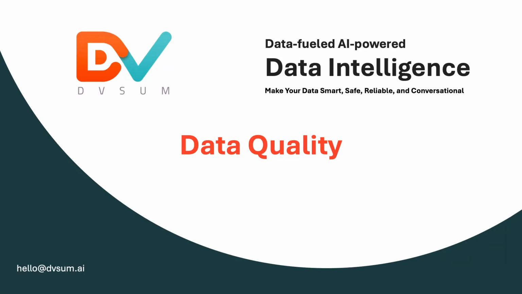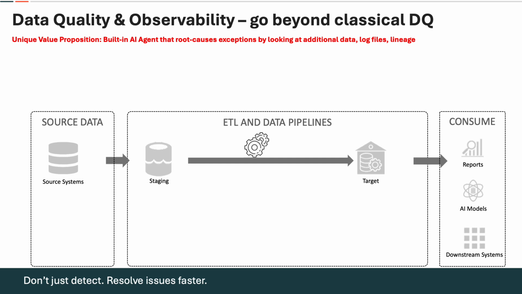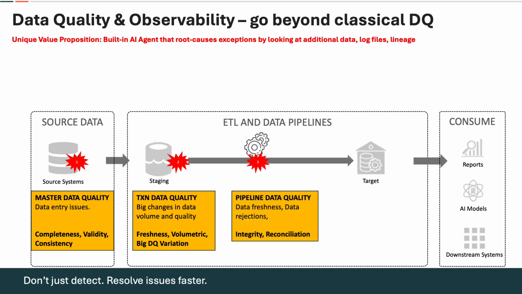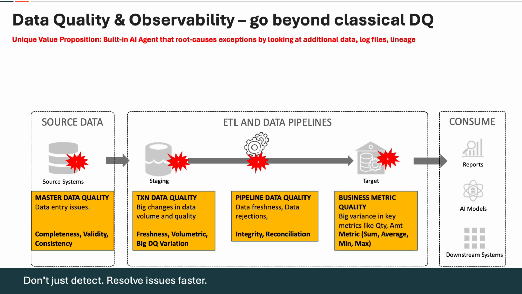This is an introduction to DvSum's data quality. For a quick bit of context, we've been doing data quality for more than 10 years. We certainly cover traditional data quality rules like completeness and consistency, which are often done in master data, but we're also great with transactional data, checking things like data volumes and calculated metrics. We check pipelines to confirm data freshness, make sure data reconciles well between systems. We can even use adaptive thresholds to make sure we're checking business metric quality for the downstream reports and for